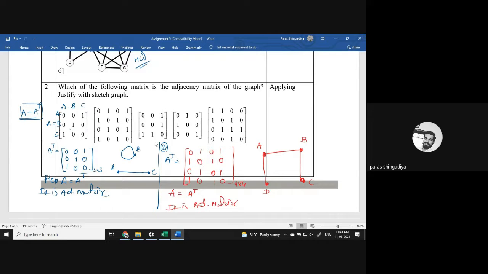And B to D is 0, okay? And now for the third row, that is for C. So where is the entry 1 for C? C to B is 1. So connect it, already connected, and C to D is 1. So connect C and D. Clear? That is for the third row. And for the fourth row we have D to A is 1 that you already connected, and D to C is 1 that you already connected. So that is the graph of the second matrix.